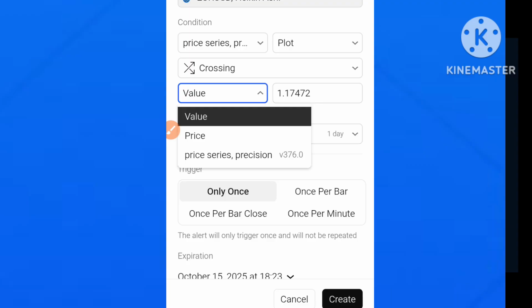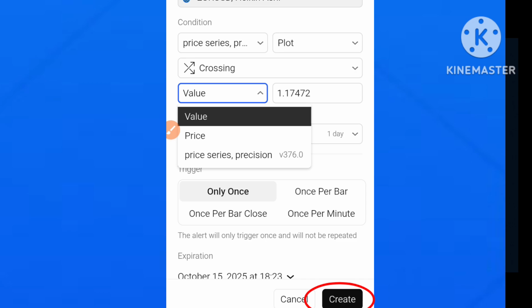So if I click on that and I say once per bar and turn off my web hook, we will cover web hooks in a future lesson. Don't worry about them for now. But if I just set an alert as this is right now, I have set it to once per bar. Because the current bar's price is greater than the previous bar's high, this alert should fire immediately. So let me click create.